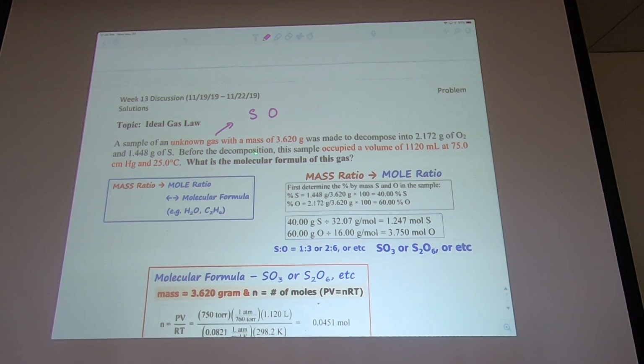before the decomposition of this gas, it has a volume of such and such, at a pressure of such and such, at a temperature of such and such. And they ask you what is the molecular formula of this gas. So what it means is they can figure out the number of N, the number of M here. This is what they wanted to find. Is it SO2, SO3, S2O4, whatever number that you can find, the closest one,